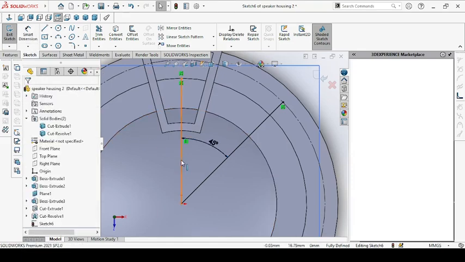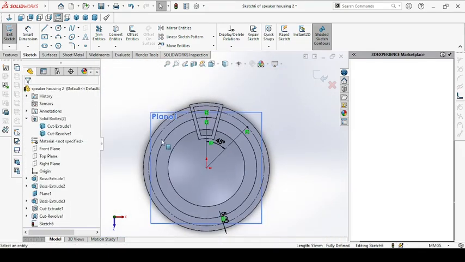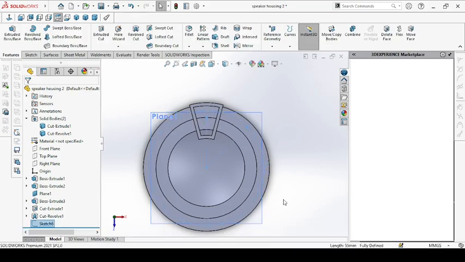Then we're going to take everything and turn it into construction. So for construction, this one also for construction. So this just helps us to locate where we want the mounting holes to be. So after that, we exit the sketch,